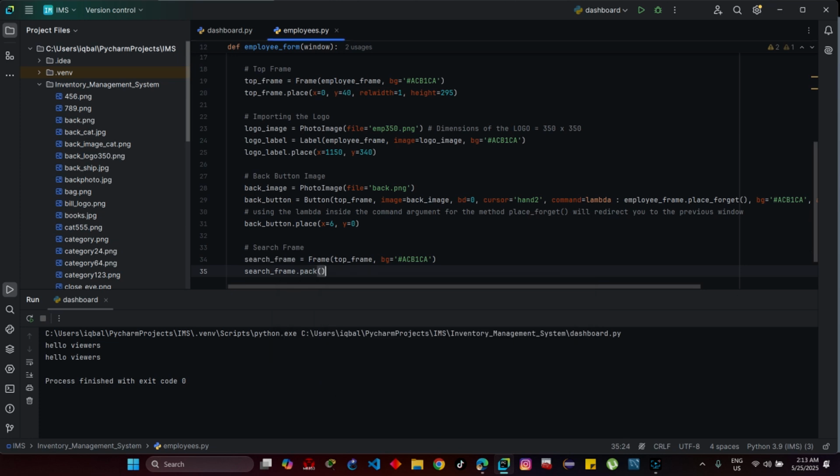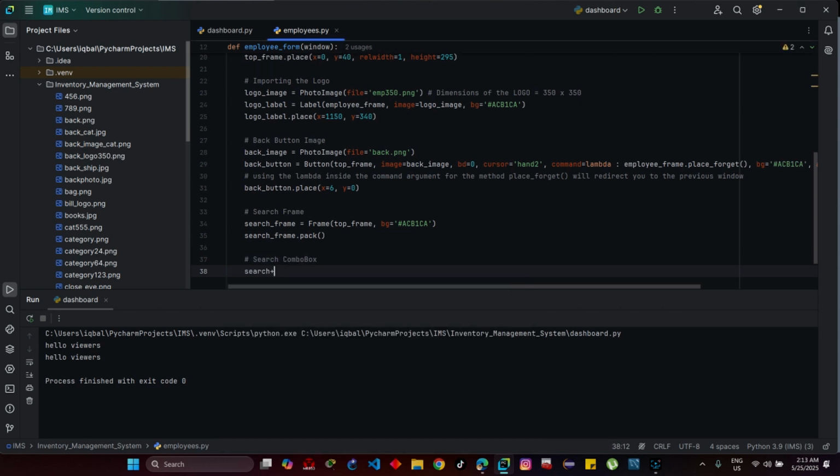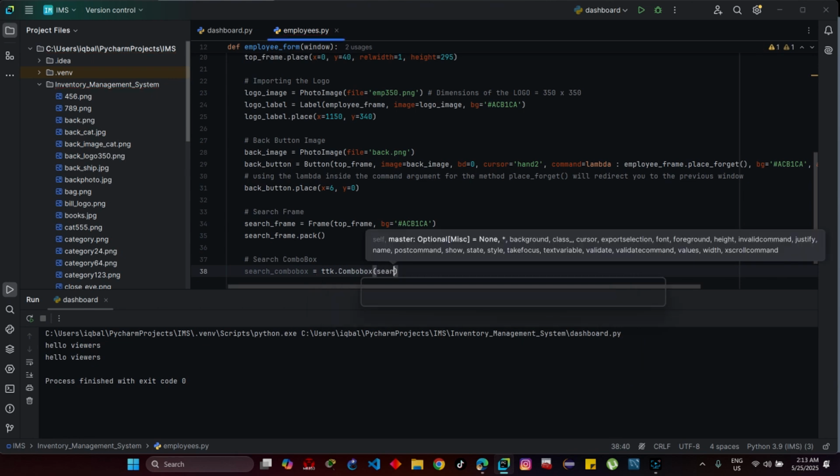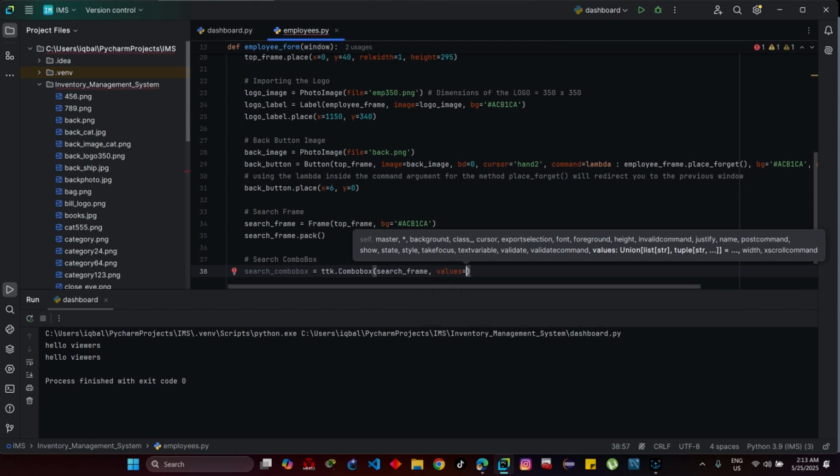I will use the pack method here, and I will be creating a search combo box, ttk.combobox on the search frame. Friends, the combo box will always be storing values. So I'll provide values to that: employee ID, name,